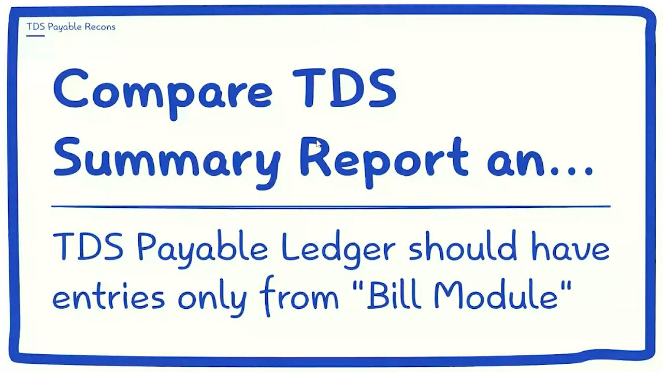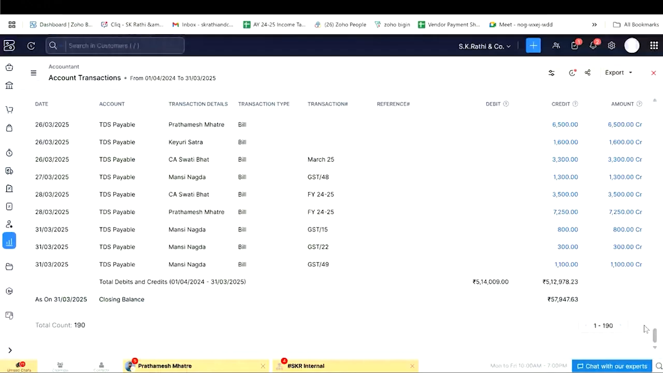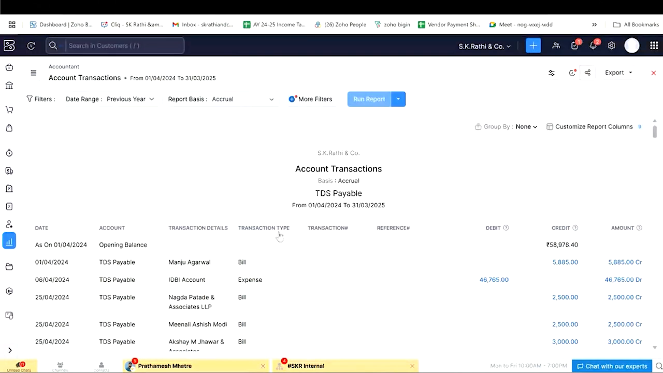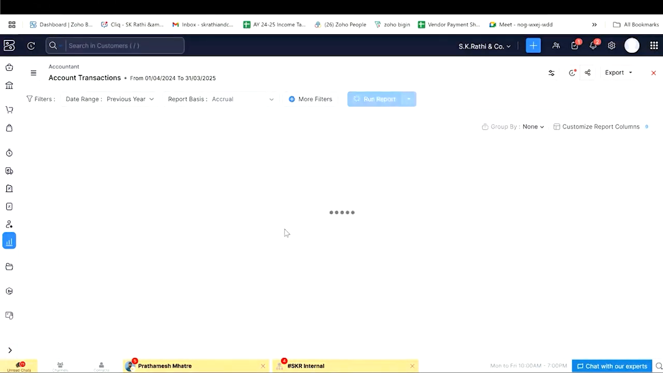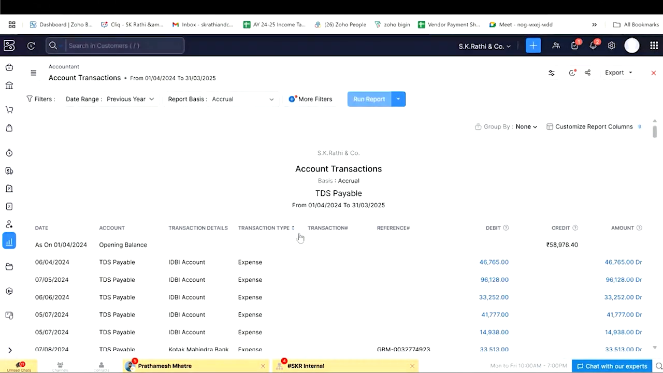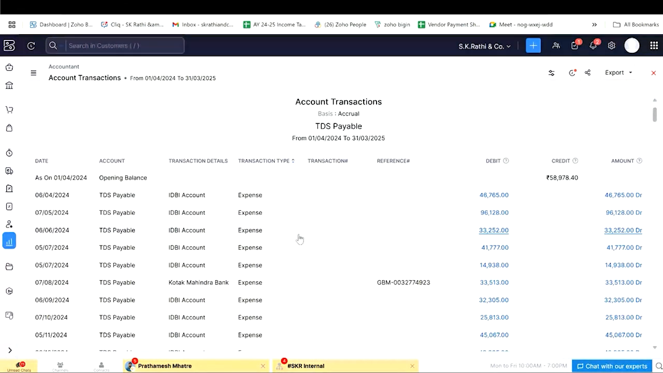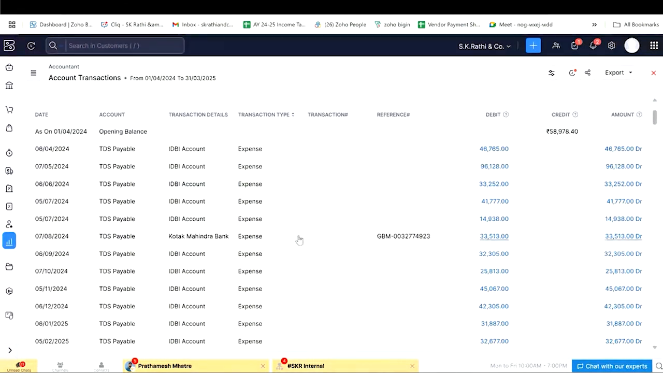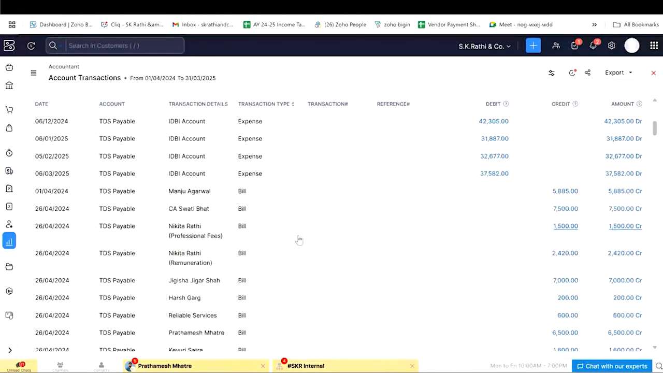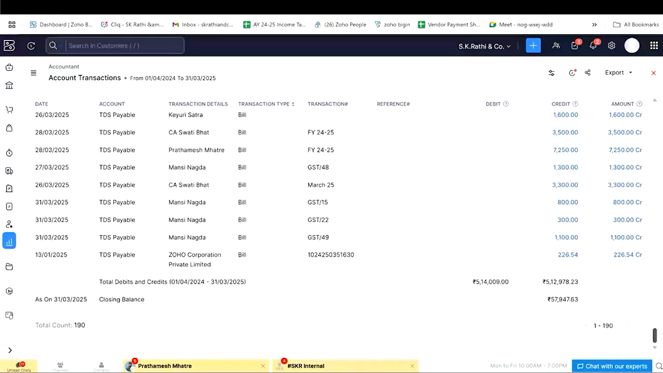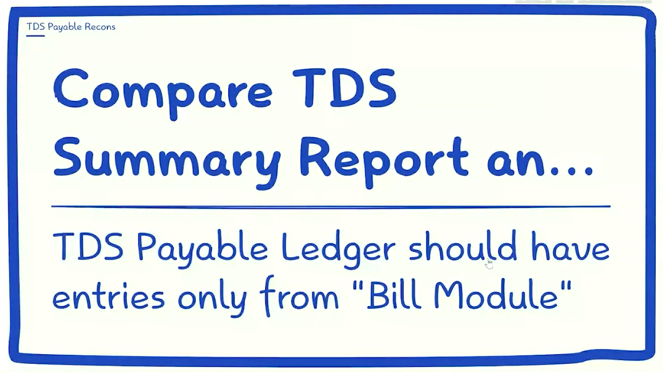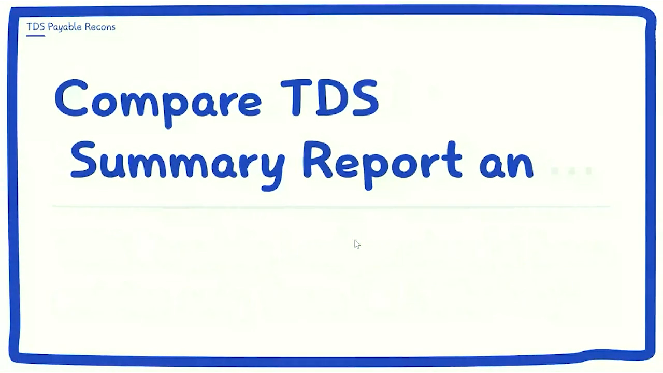And TDS payable ledger should have entries only from bill module. In Zoho, if you click over this transaction type, it will filter up expense module and bill module. So expense will have only payment entries, right? And bill module will have all the credit entries. There should not be any credit entry apart from bill module. So this is also one check that you can run. Next, if we go,